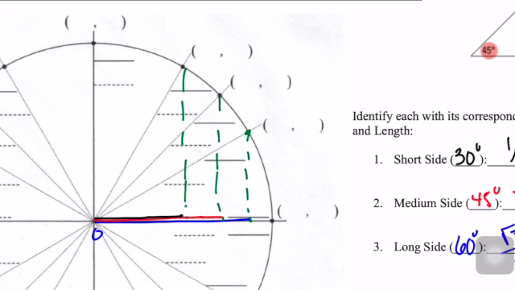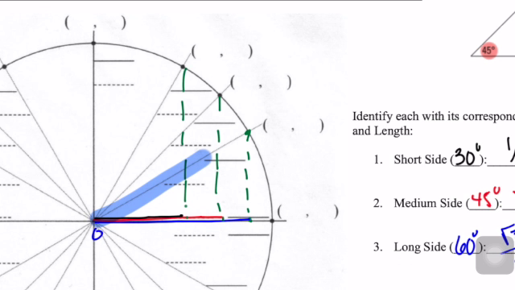Okay. So I really hope you guys have noticed something. You've noticed that the x values here are going to have a short, medium, and long side. So if you're ever looking for the cosine of an angle, that means you're looking for the x value of that angle. So if we were looking for the cosine of, let's say, this angle right here,